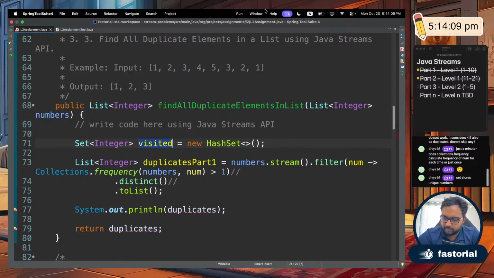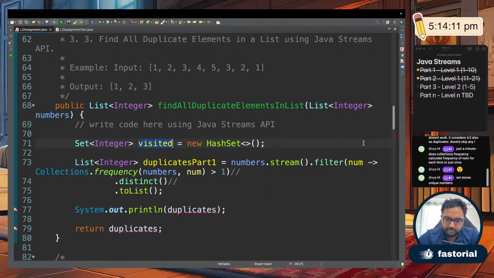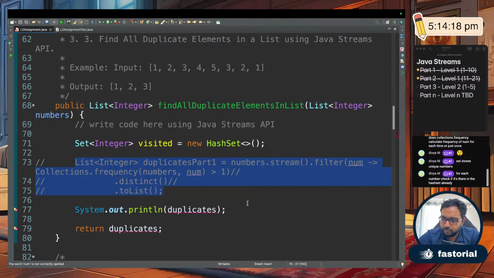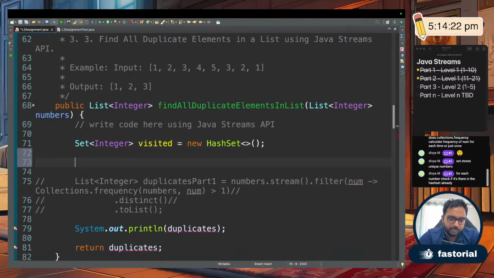Set stores unique numbers. Okay. So shall I put everything in the set? How do I go about? So I'll comment out this thing. Okay. For each number, check if it's there in the hash set already. Awesome. Okay. So what I'll do